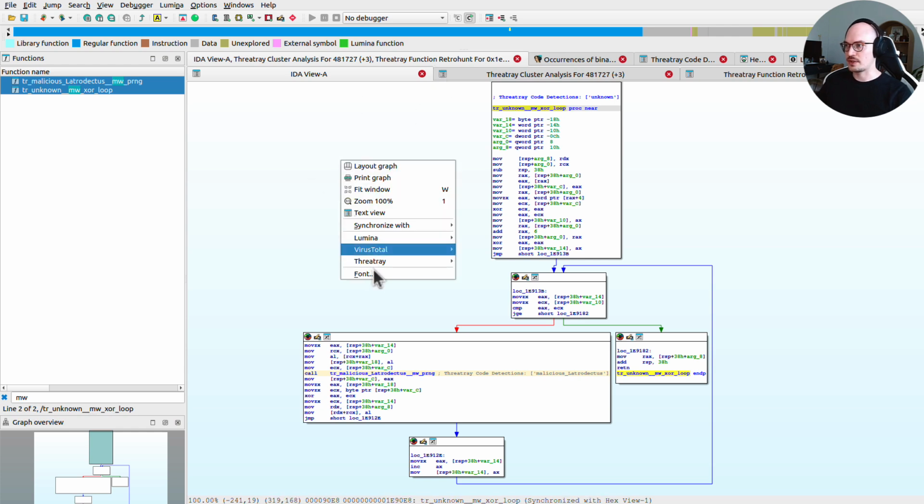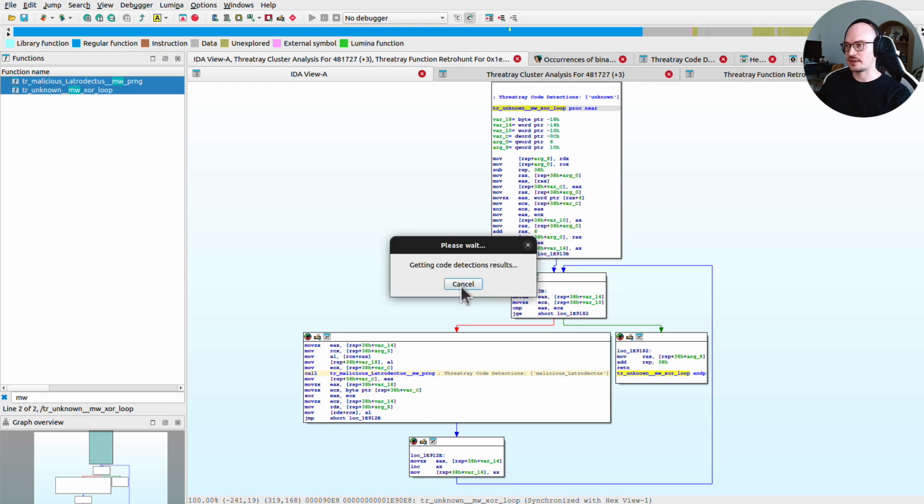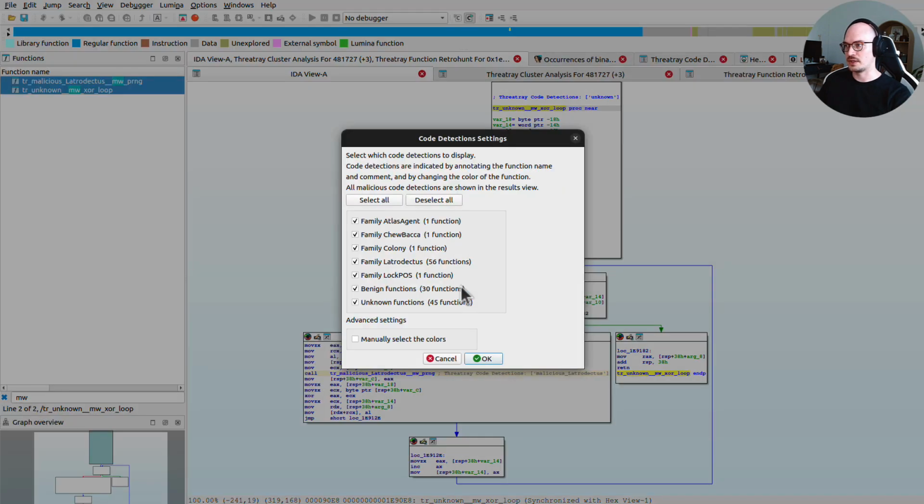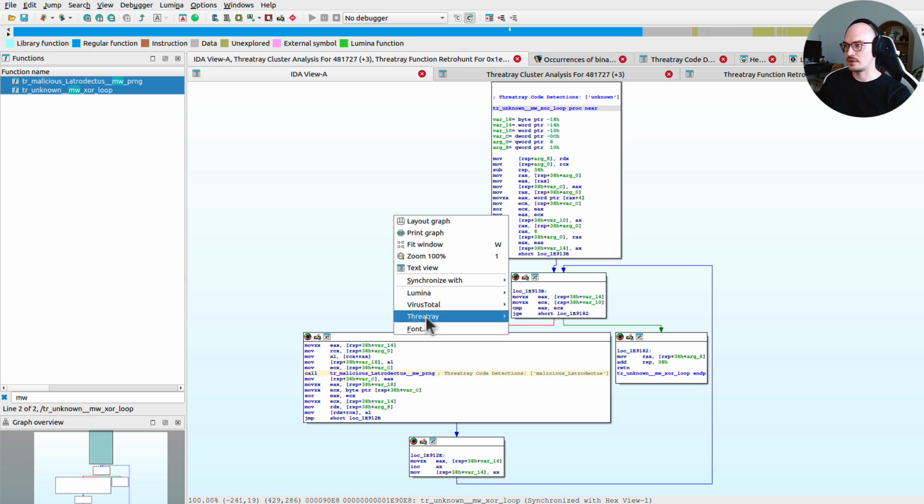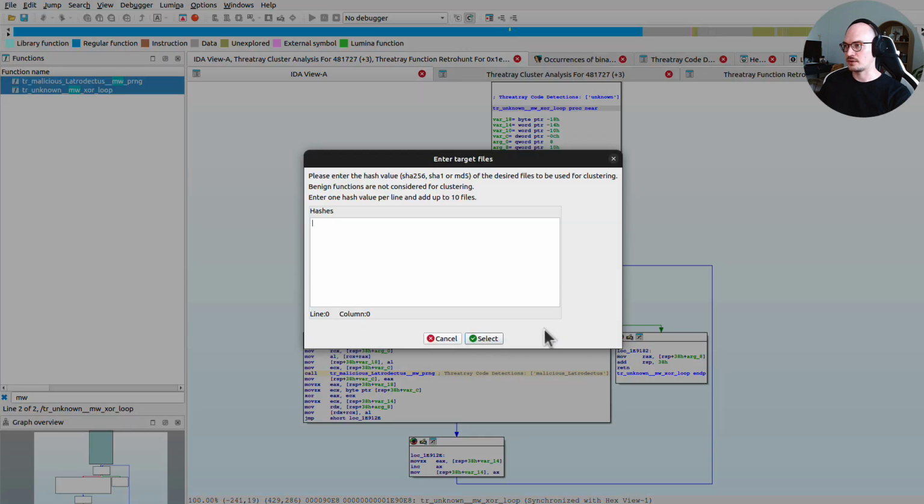Beforehand we had this list of hashes that we used for clustering here. And if you remember, we had a match on this 9470, but these 2 ones were missing, the 481,